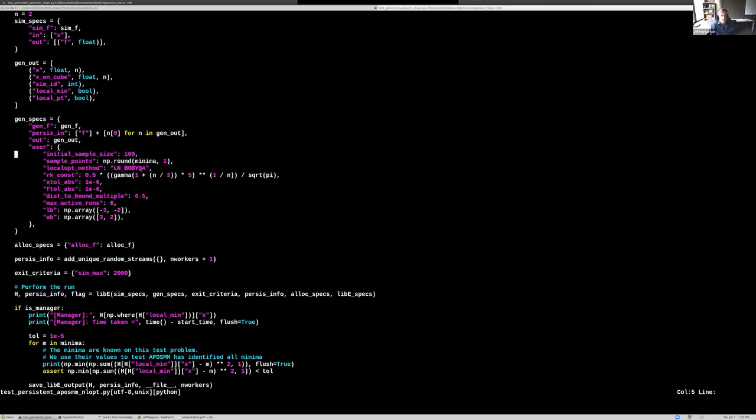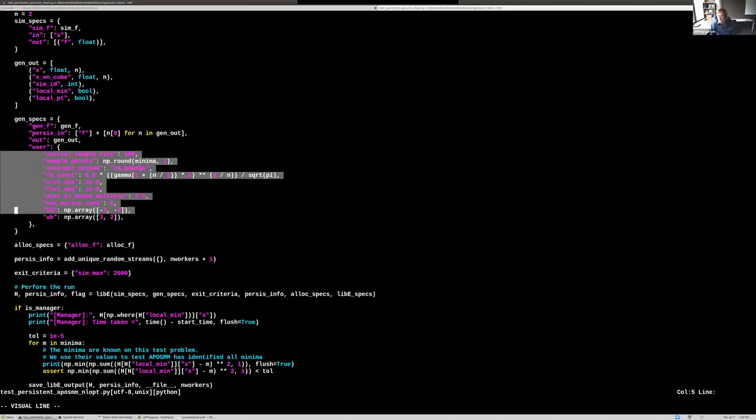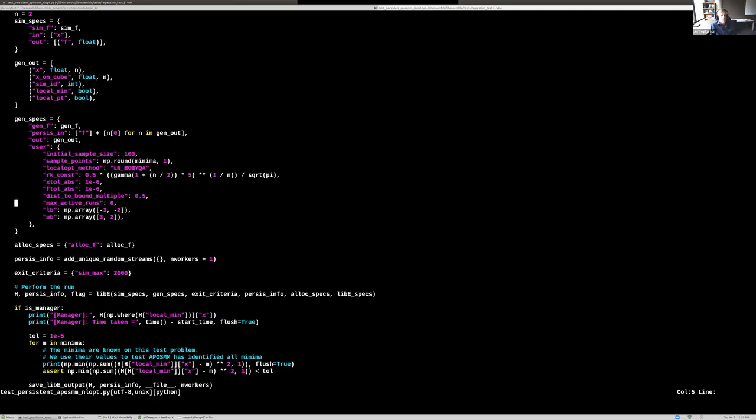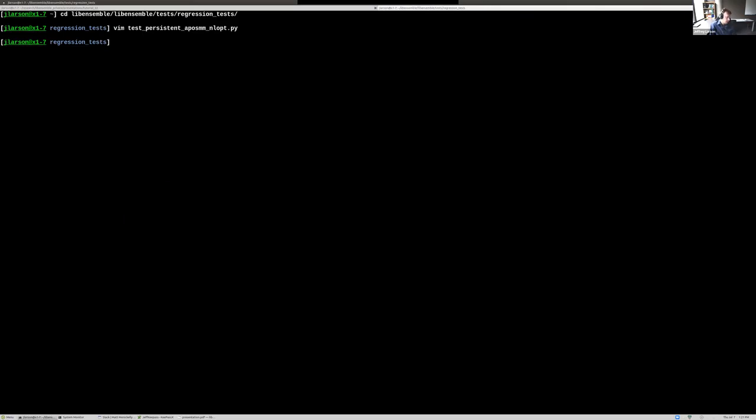The initial sample size, in this case: do 100 initial samples before you start. And I want to do libEnsemble local optimization runs, and there are other constants or tolerances that are passed to NLOpt to let each local optimization run know how to work. From the libEnsemble side, this additional information doesn't matter, but it just defines the run and can be given to the generator function. These are the bounds on which this optimization is going to run, and then I can run it